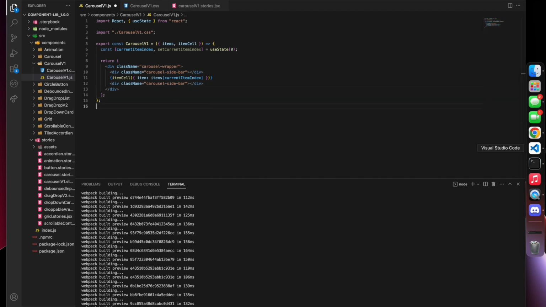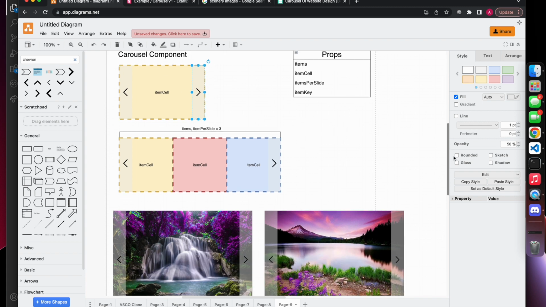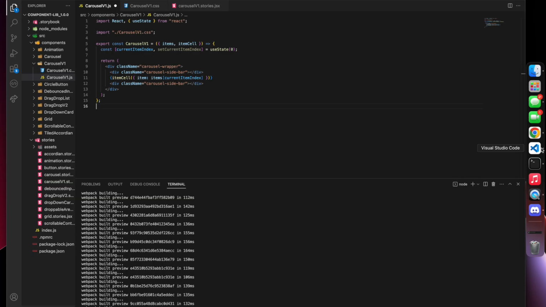And what we need to do first, basically, is these are going to be positioned based on the sizing of this outer element. And the sizing of the outer element is going to depend on how many items are in here. So what we need to do is wait for the initial render and then calculate the size of the outer wrapper, this carousel wrapper, and then position these sidebars appropriately after that's